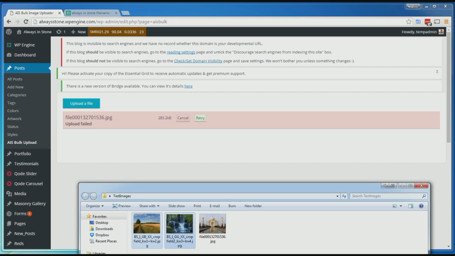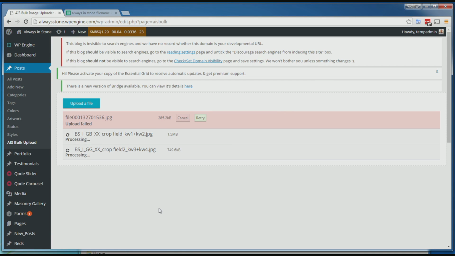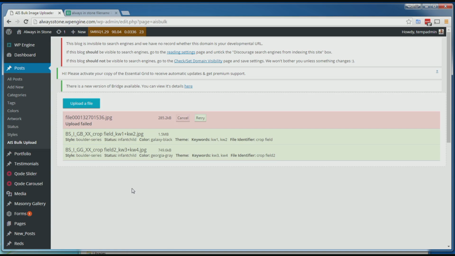I'm going to actually select both of these. So these should both be correctly named, and I'll just go ahead and drag both of them in, and it just uploads them. There's 2 successful uploads, and it's confirmed. It has confirmed the